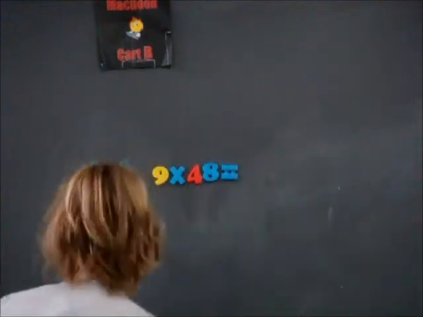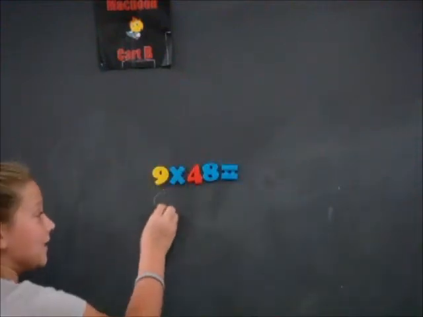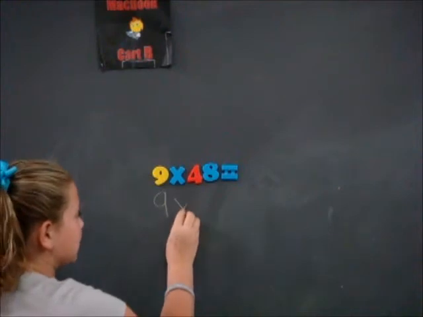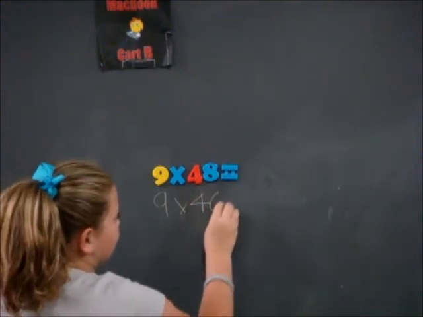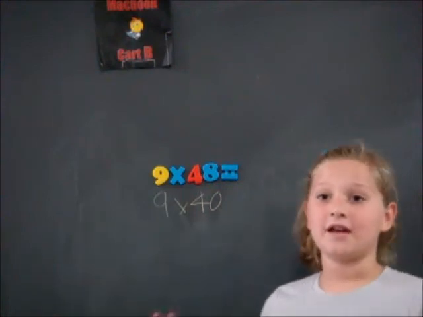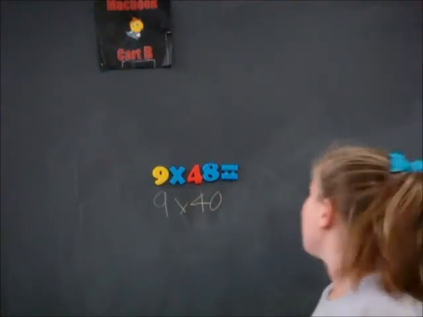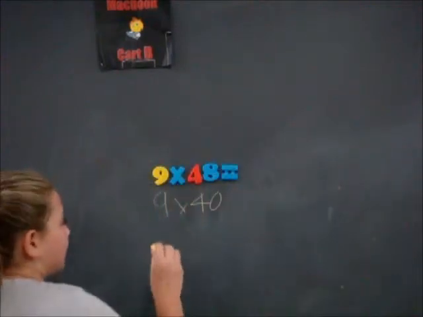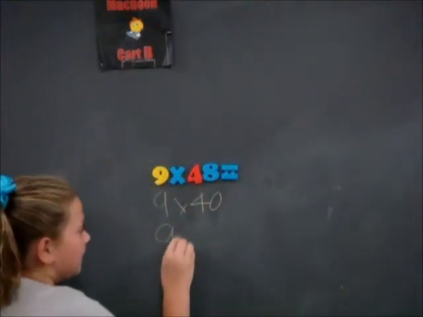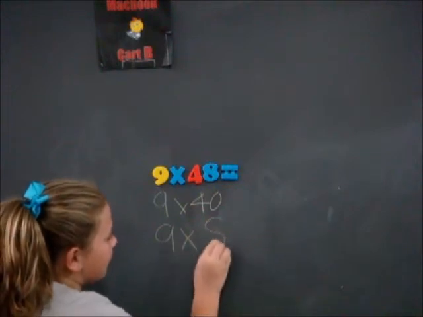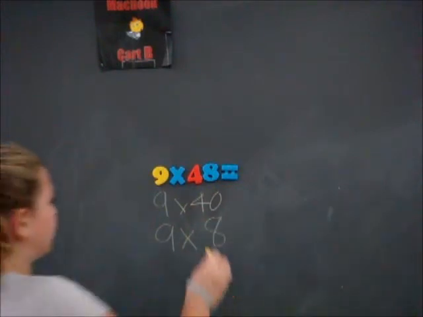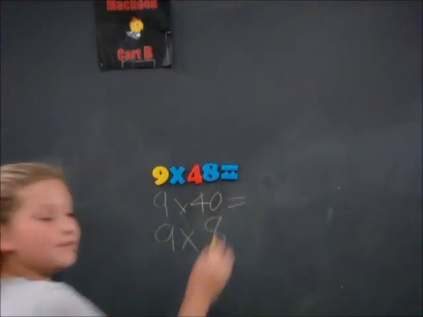First, you break it up to 9 times its other factor, which is 40. A factor is a number that you multiply by another number to get a product. Next, we'll be doing 9 times 8. Then, we'll figure out that 9 times 40 equals,